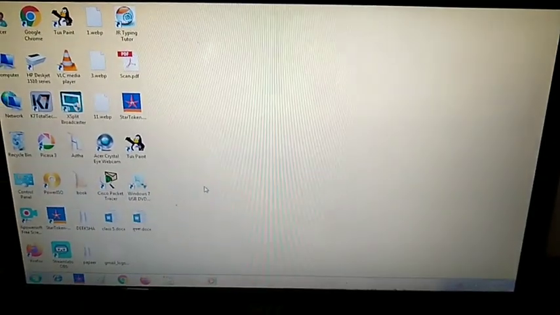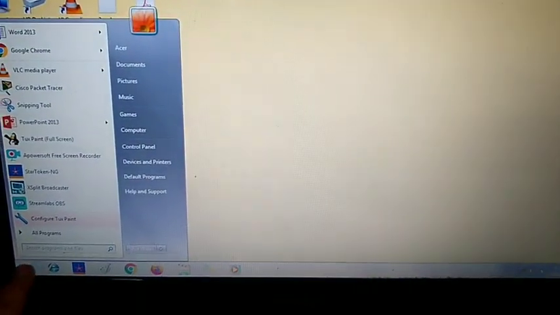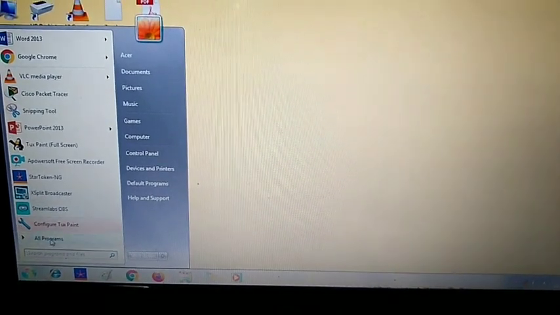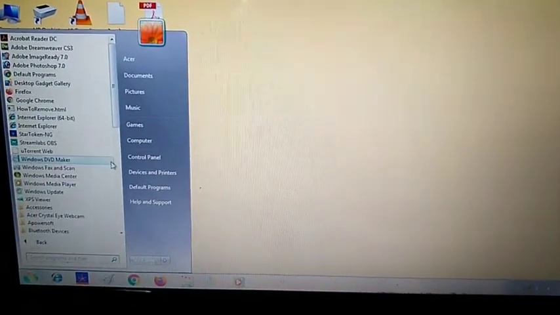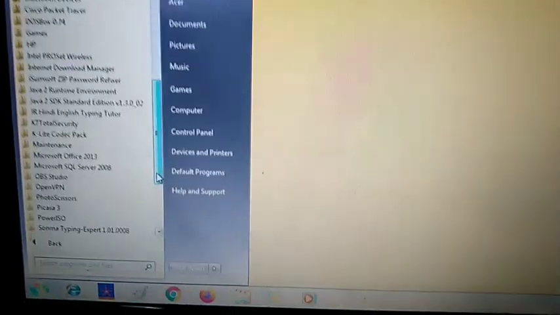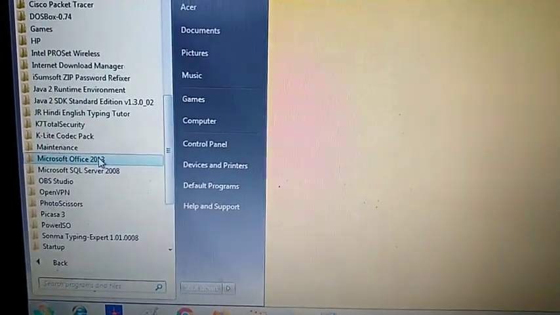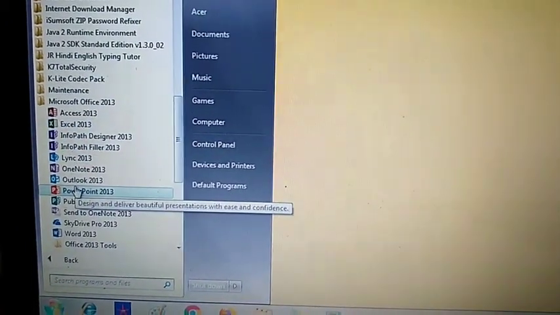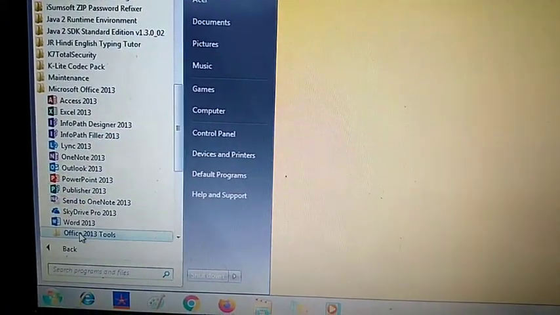Now see, first I am going to tell you how will you open MS Word. You will click on this start button. This start button is here. You will click on this start button. You will go to all programs. You might have opened MS Word so many times. And after that you will get Microsoft Office option. Then you will click on MS Word. You will search where is MS Word.